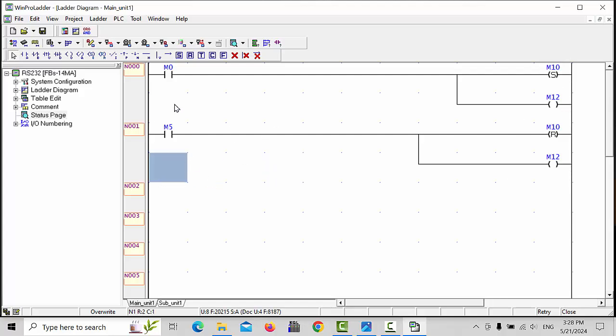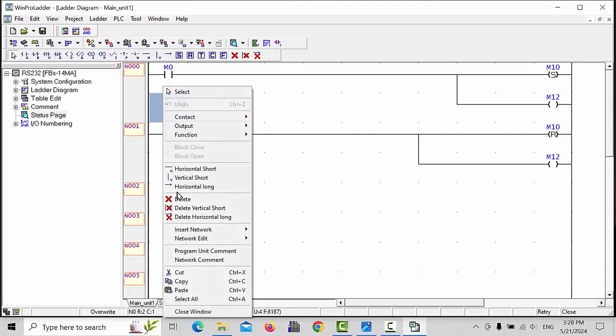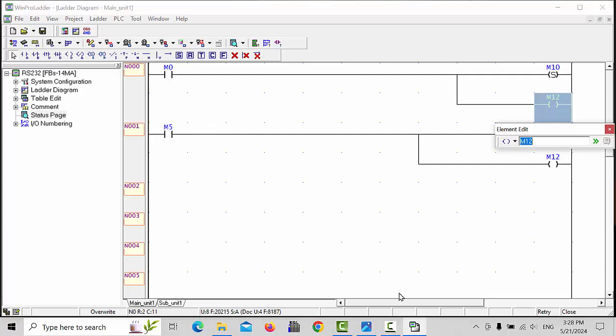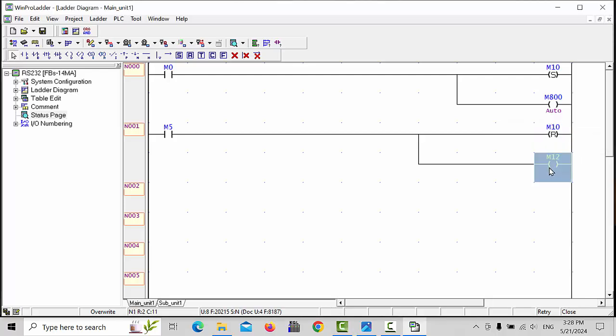But in case of retentive memory, when we use it, same like, here we will take one more, or no problem, this we will change. I will take M800, and this also I will make M800, and that I removed here, and this I will remove here,